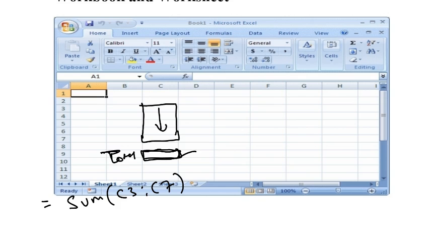If you have to use this total in any other place also, instead of writing like this, you will use the absolute cell reference, where you write using a dollar symbol.